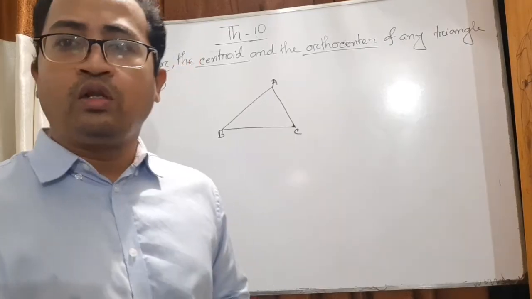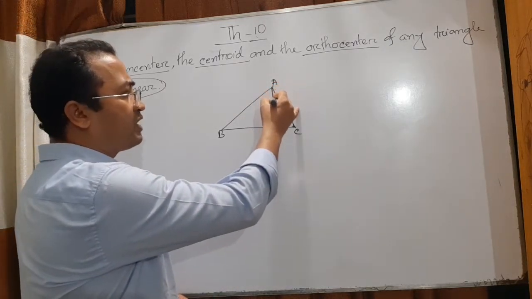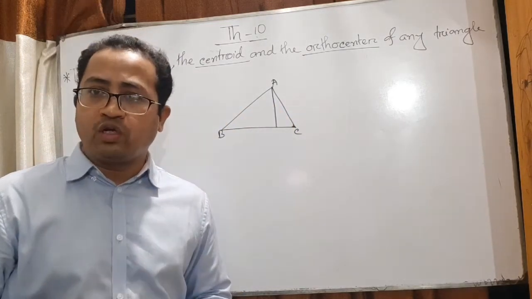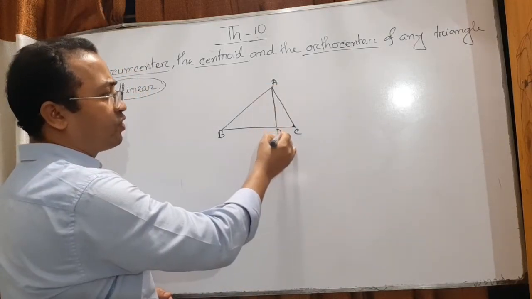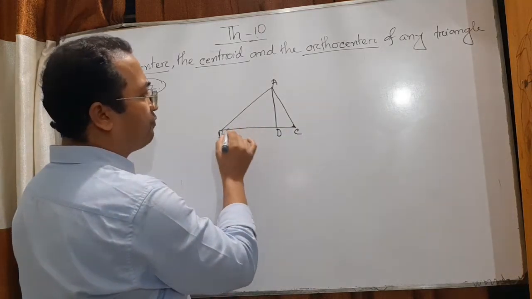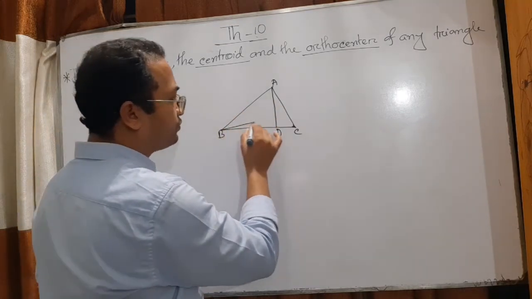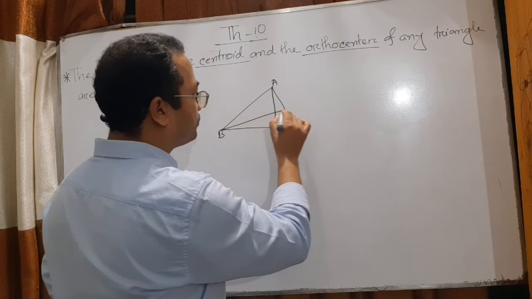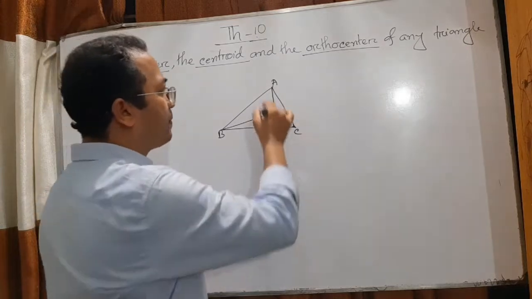Now orthocenter. Now if you draw a perpendicular from any vertex to its opposite side, I have drawn a perpendicular AD from A to BC. Again, if you draw a perpendicular from B to AC, again, if you draw a perpendicular from C to AB,